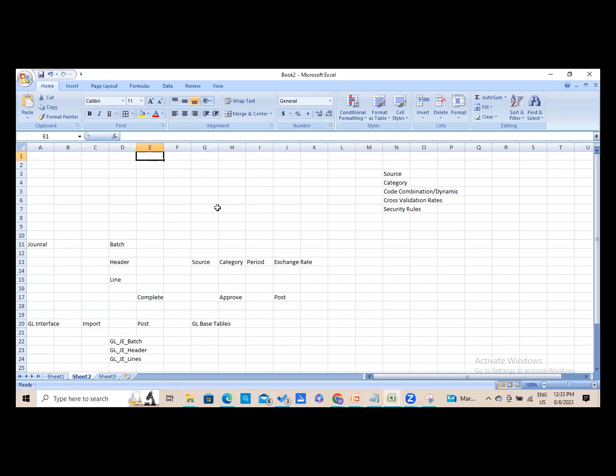Okay, guys. So we have completed enterprise structure, chart of accounts, ledger creation, all these things. So now coming on to general ledger, GL module, which is the heart, master module. So today we are going to see some very important setups which are related exclusively to GL,